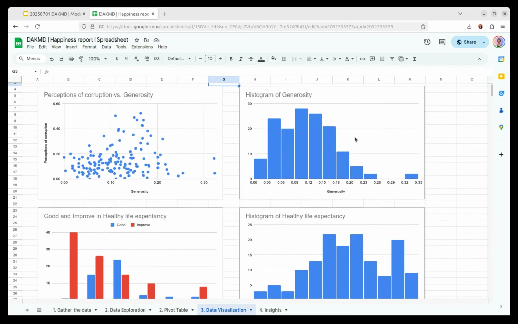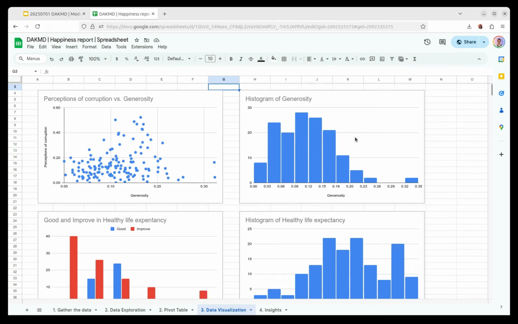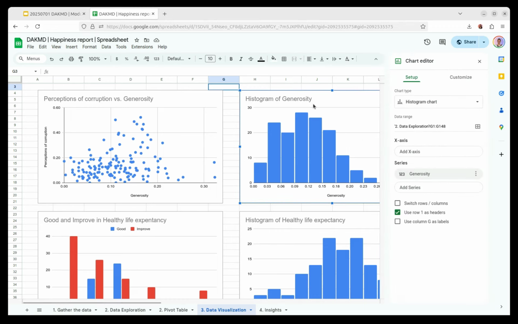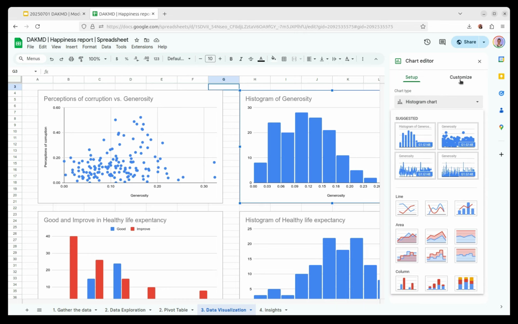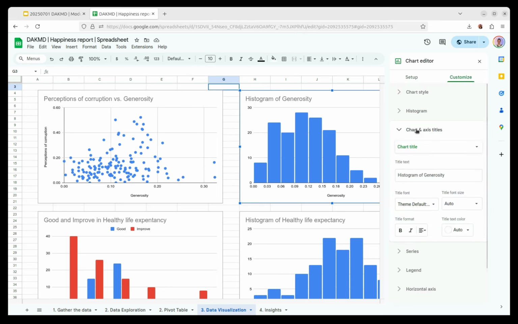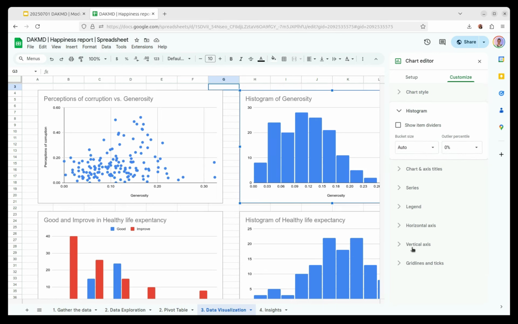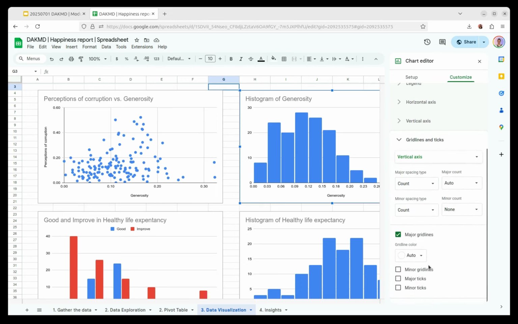Here we have two histograms. The histogram is always super useful because they give an idea of the distribution of one particular variable. You can double check. So this is for one variable. You can see here one column. And again, you can customize different aspects of it. Okay. What we want to do is to